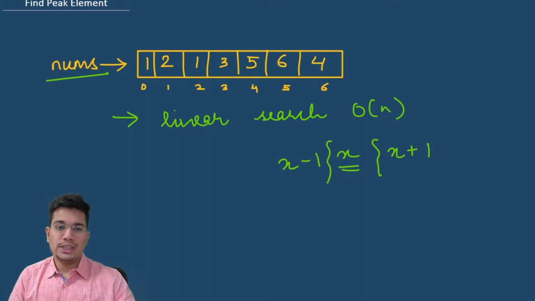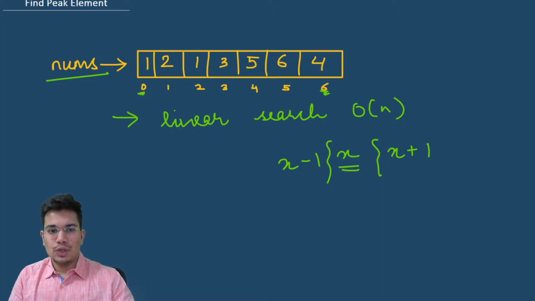And since they have also mentioned that the first element and the last element can also be valid peak elements, so for these two, we only need to check the right one and the left one, because there's nothing towards the left of first and towards the right of the last. So we won't have to check them. For example, for the first one, we'll only check this one, and for the last one, we'll only check this one.